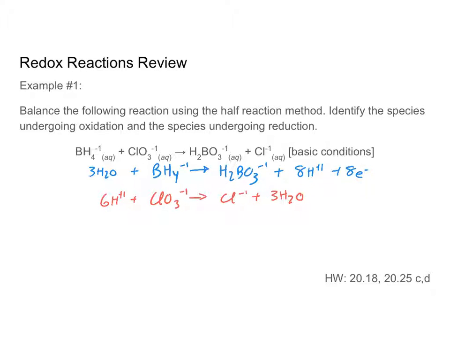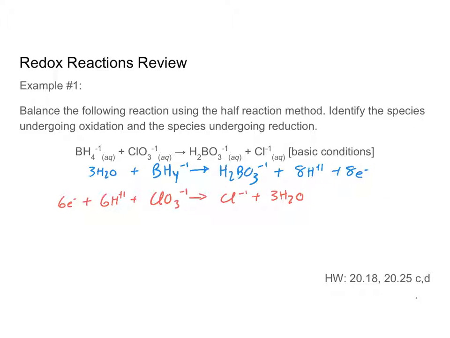Now I need to assess charge, and on the right side I have a -1 charge, and on the left side I have a +5 charge. So I need to add 6 electrons here to make it get to a -1. So far so good with that. Okay, so now what I'm going to do